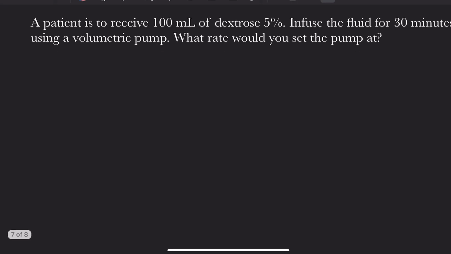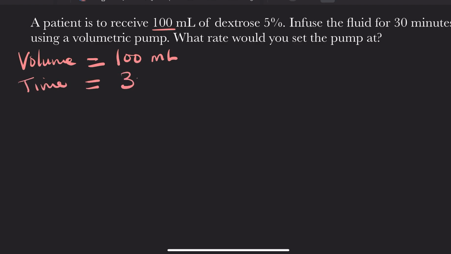We could start breaking the question down, and we could of course start with this, where we got our volume, which is 100 mils that you need to infuse, and then we got the time here, which is 30 minutes. And that's all we got for now, and the question is asking the rate. Remember, whenever you see the rate over here, it always says it's mils per hour, so we need to find the rate in mils per hour,